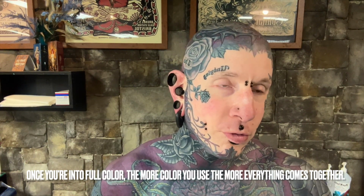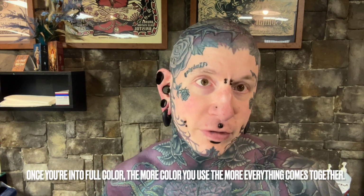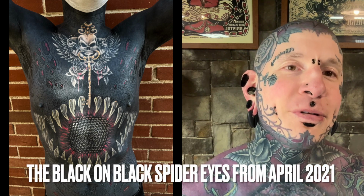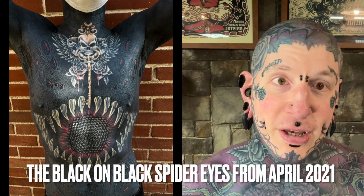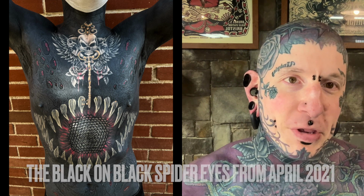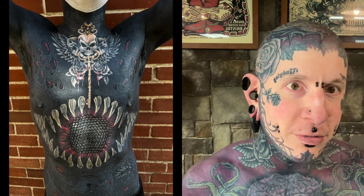The spider eyes were one of my favorite tattoos that I've ever done. I was very thrilled with how they went, but a number of things have happened since I had them done. First off, they haven't been tattooed in around 2 years. I never did the white a second time. I was always talking about doing the white shading in between again if I ever got some time with Rick, and we've just been so fucking busy we never got to it. So